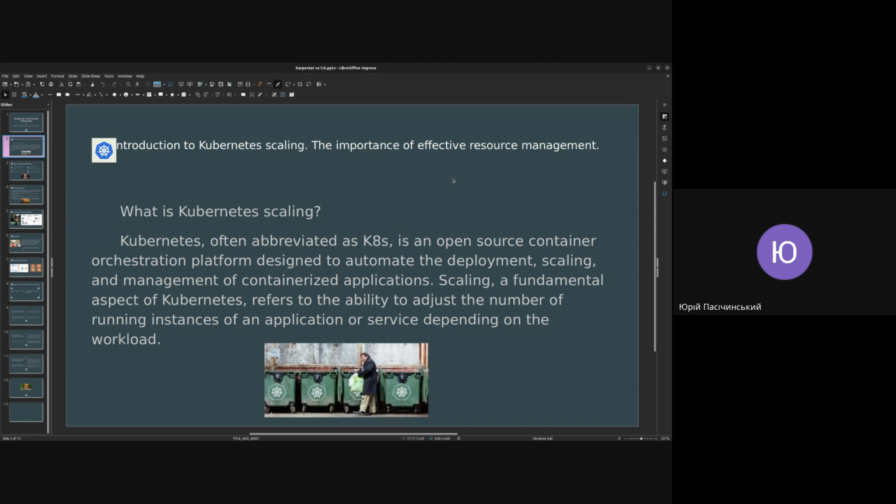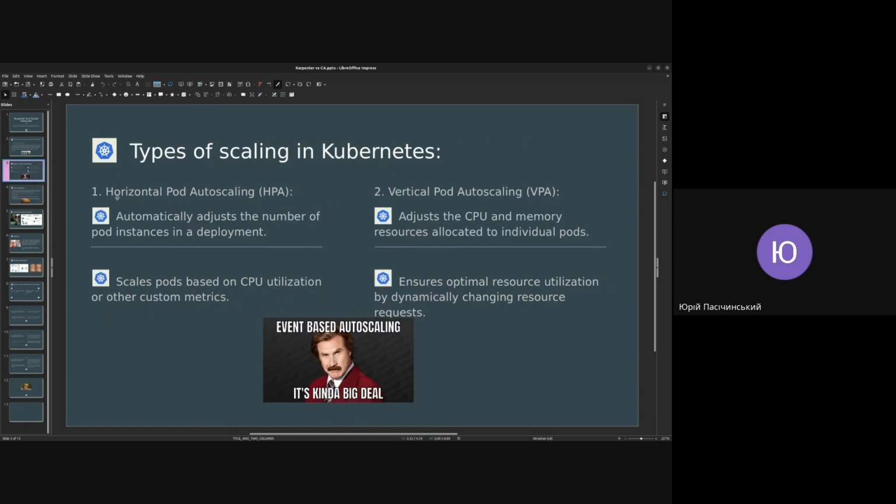So let's look at two types of scaling, like two pillars. The first is horizontal pod autoscaling, and the second is vertical pod autoscaling. To be honest, this is not all the autoscaling types, but it's the main